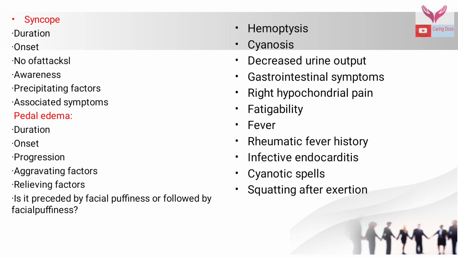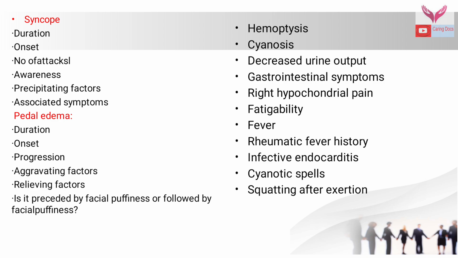If the patient comes with history of syncope: how was the onset, what is the duration, how many attacks have happened till date, when he gets the attack of syncope, does he have awareness about that or not, what are the precipitating factors, what are the associated symptoms. If the patient has pedal edema: duration, onset, progression,